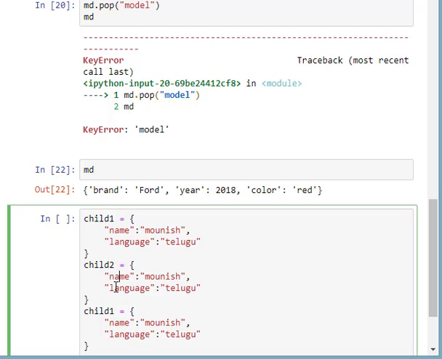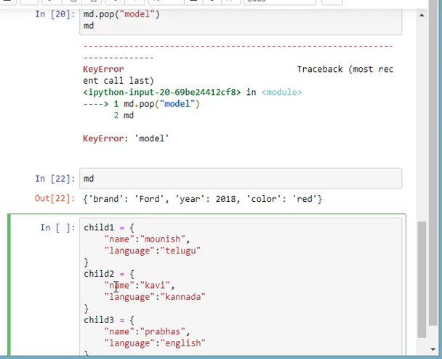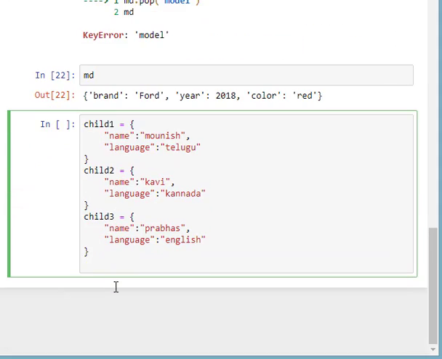Now I'll change the values here. Let's say child 2, and let the name be Kavi, for example, and let Telugu go to Kannada. I'll change the child 1 value to child 3, and let's say here Pravas, and this goes to English. So I've created 3 different dictionaries, and what I want to do now is create another dictionary and access all these elements in one dictionary.